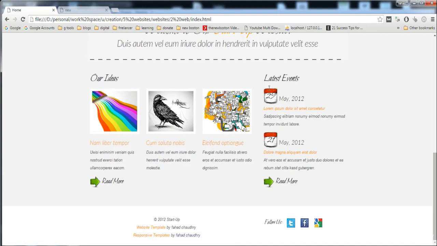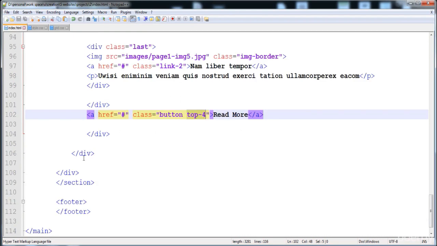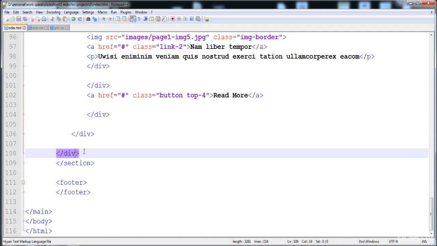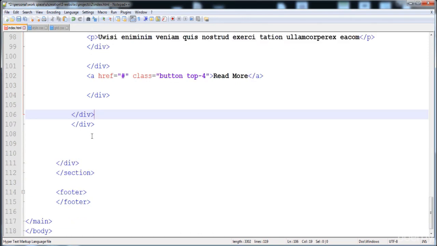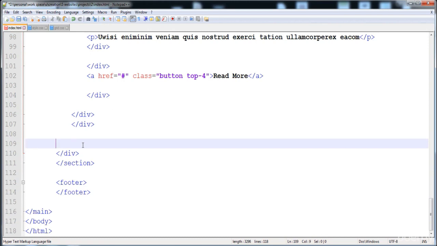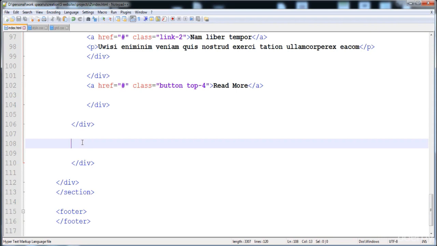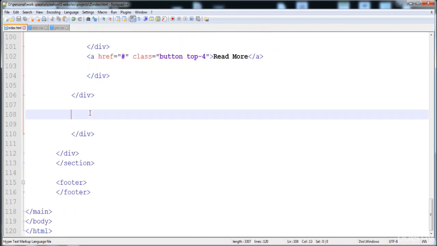So for this part we have to create another div which has the 33% width, and we have to create it inside the row. So here I'm gonna check what is the closing tag of the row. Here this is the closing tag of the row, and I'm gonna create here. One closing tag is missing, so here I'm gonna increase it, and now this is the closing tag of the row. Here is this, and now here we have to create that div which has the 33% width. Here I'm gonna check it. This is the closing tag of the row, and now